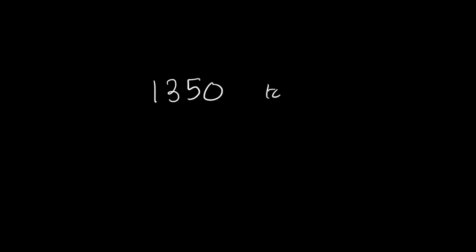Let's take another case. 1350 to 2 SF. The first SF is 1, the second SF is 3. We have to look at the next number, which is 5. Since 5 is obviously 5 and it's midway, you have to round up. So it'll be